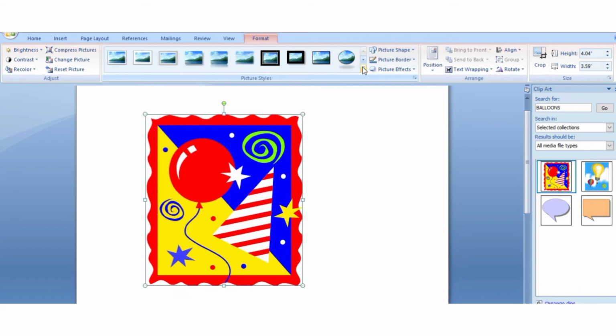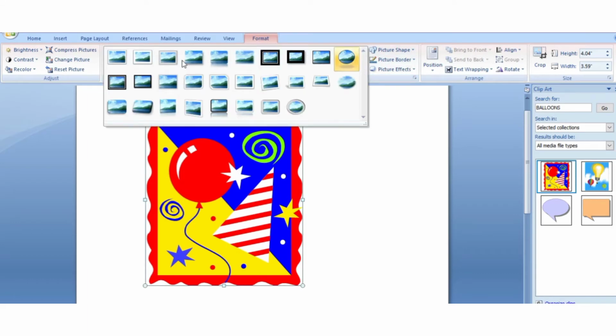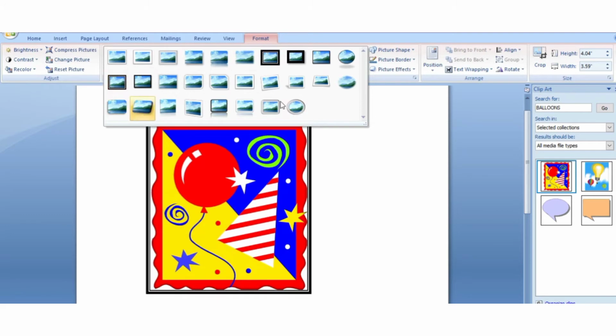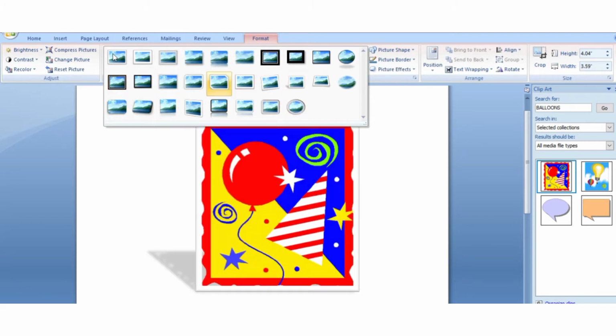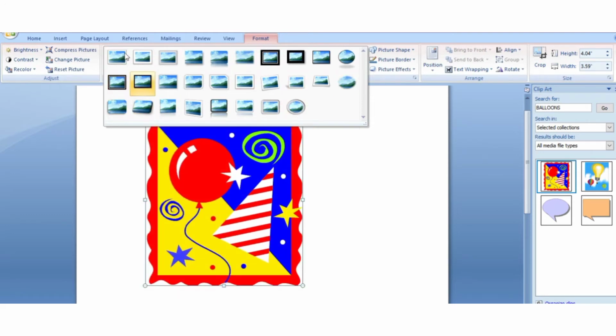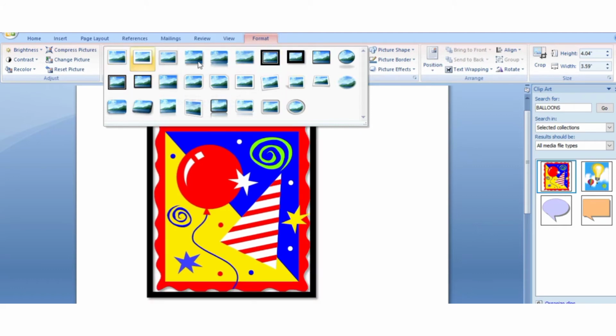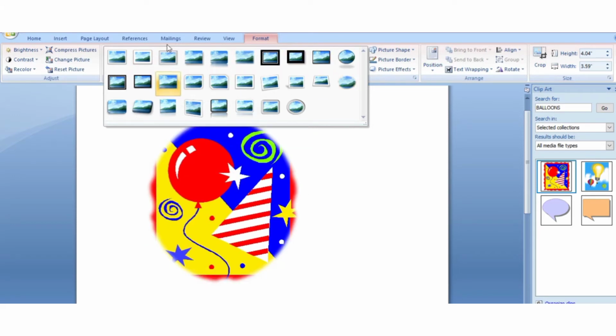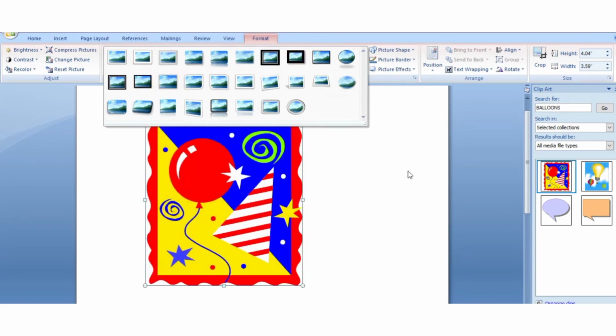When you click on the drop-down button, you can see all the picture style options listed in front of this column. Now according to our choice, you can select any picture style. Alright.